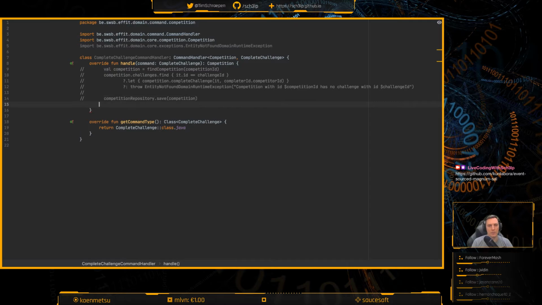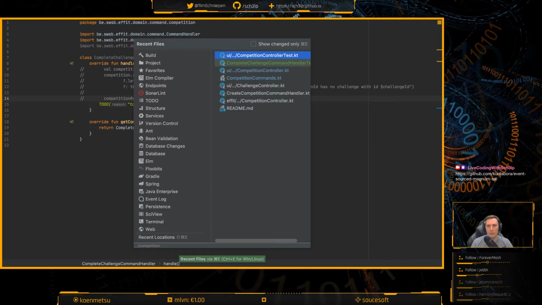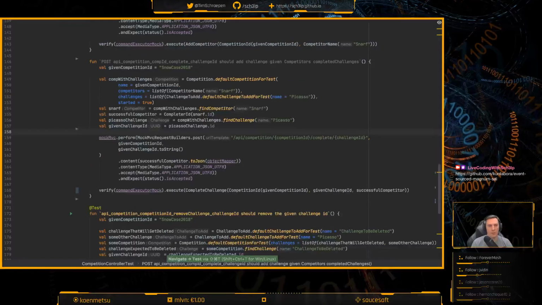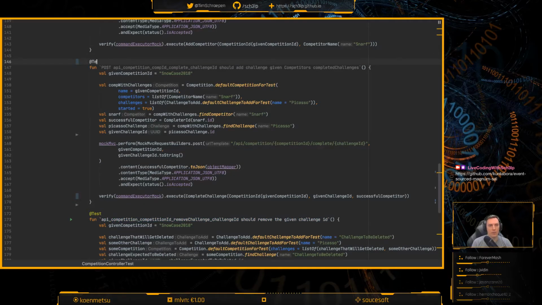Oh. Yeah, I mean, throw or to do, to implement. There we go. And then we'll go back to our controller test, which should now still actually work. Oh, we need a test annotation on that. That's right.